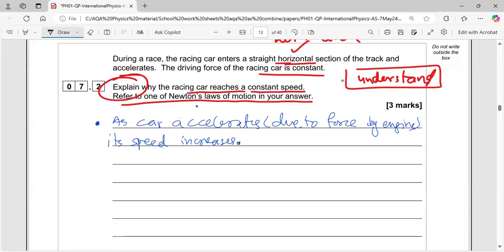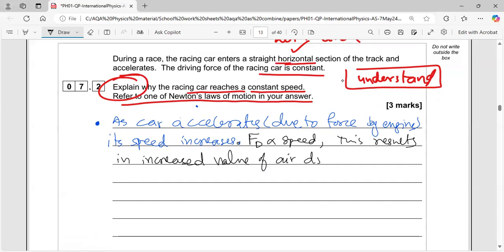We can write that air drag FD is proportional to speed. So this results in an increase in the value of air drag. This will continue until